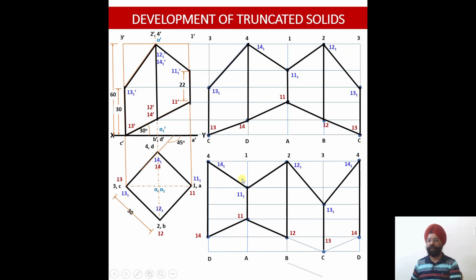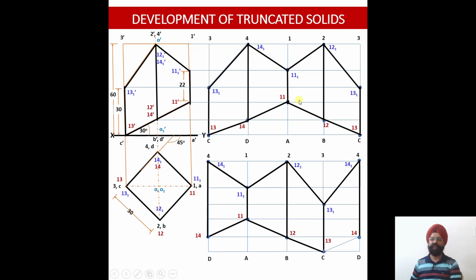which will be obtained of the unfolded solid. This is again unfolded solid once the cutting is done from point 13. This is unfolded solid once the cutting is done from the edge 4D. So if you open from this side, shape will be this. If you open from this vertical edge, shape will be this.